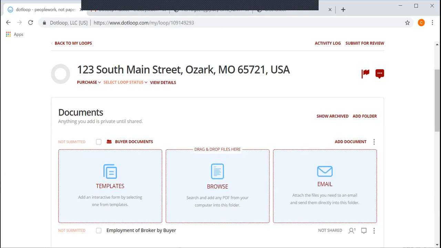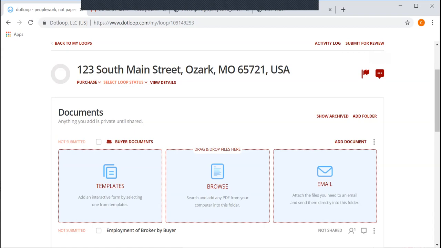And how Dotloop works is, you'll submit your file, and there's a compliance department, which I don't know where it is, wherever they are. They have automatic access to your loop. When you submit that loop, they're gonna start looking through it for corrections. Like, hey, you missed a box that needs to be checked here on the contract. They will send you messages here. So when they have sent you a message, it'll be bright orange. You'll know, hey, I need to look at that to get my corrections